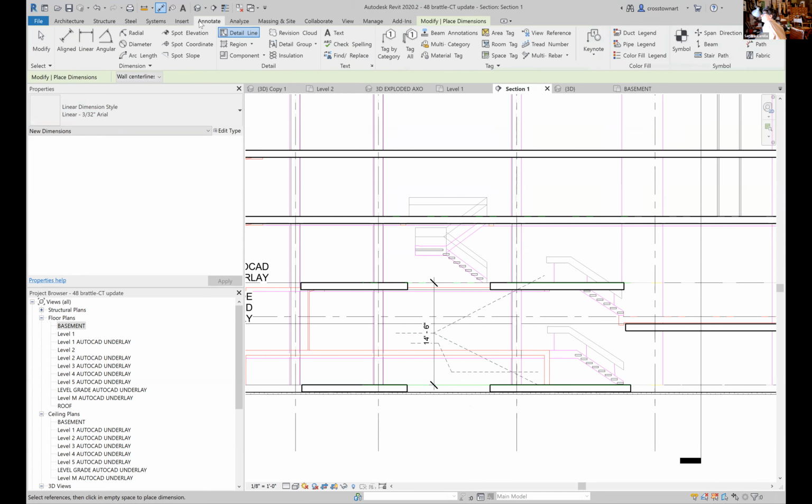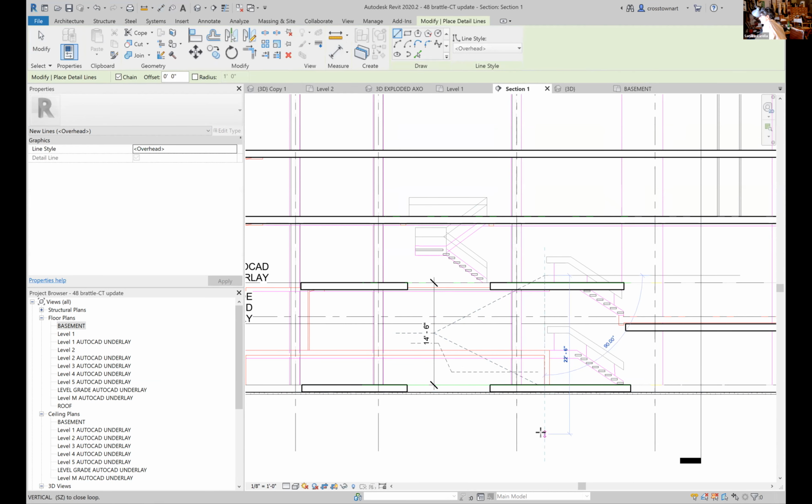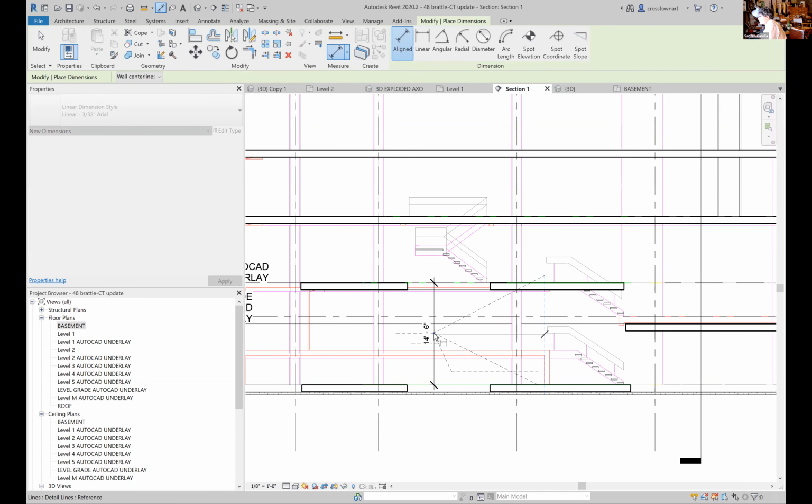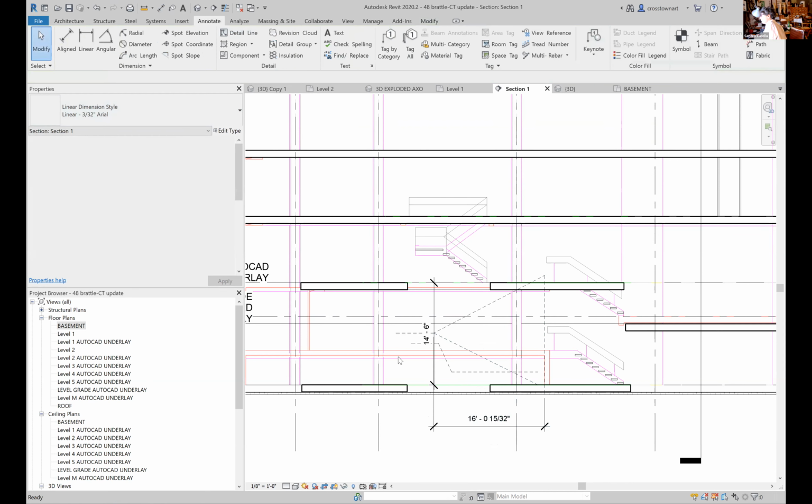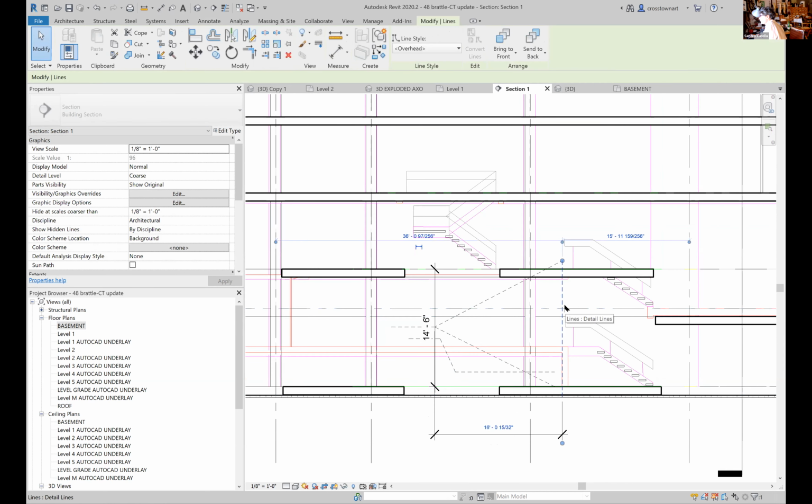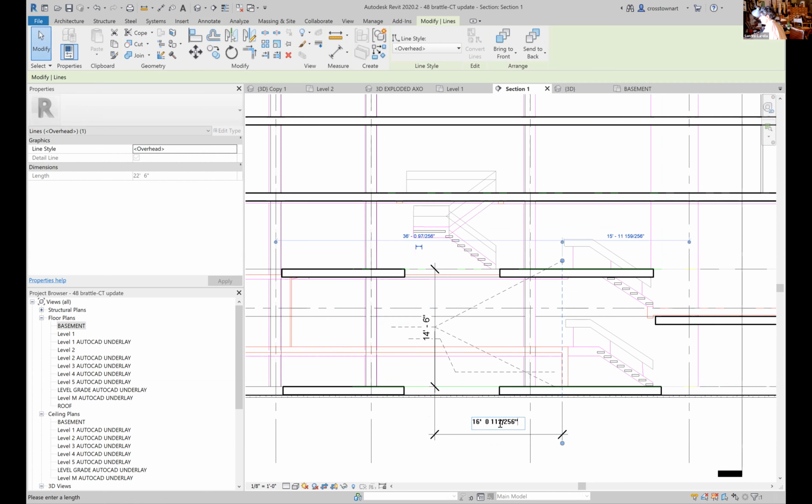So let me draw another line from here to here. So you understand what I'm saying? I'm going to start in the basement here somewhere, right? And then travel in this direction, not 16 feet, but 12 feet. And I have to have enough room for a landing. So if I make that 12 feet,